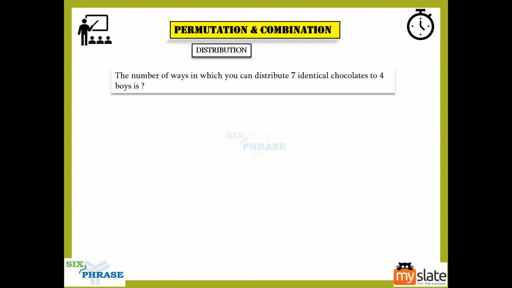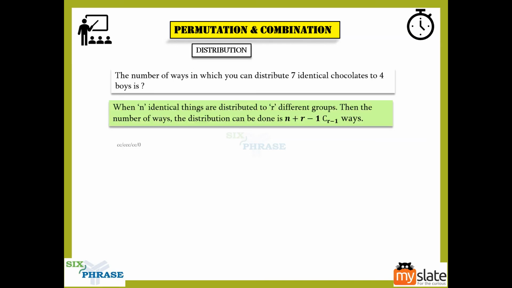But here they say chocolates. If you see them, you cannot tell one apart from the other. You cannot tell which one is what. Because they all look alike, it is like watching twins. You'll have a hard time finding who's who, right? Similarly, they all look alike, so they are identical. So can I just say there are 7 chocolates, so you see there are 7 C's, so they all look the same.